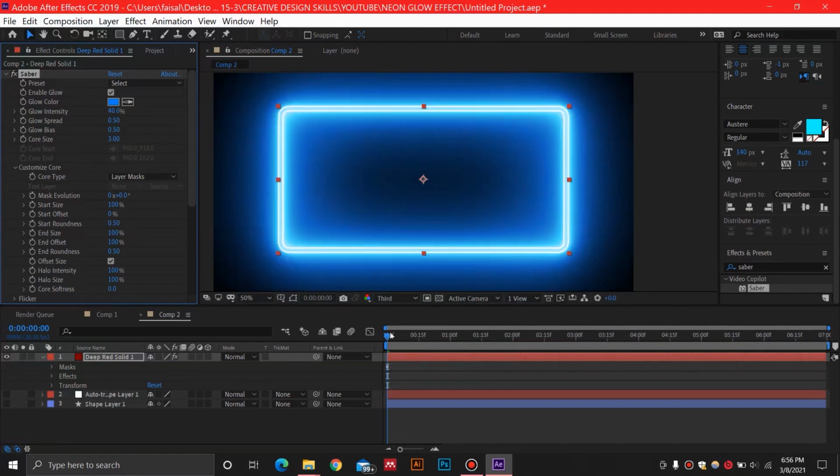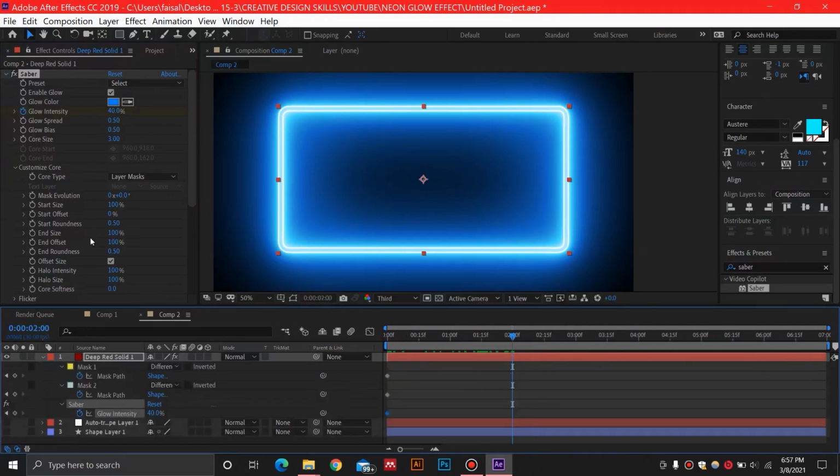We are going to make this flicker fast. First of all, I'm just going to select 40 over here and select this keyframe. Now I'm going to go ahead a few seconds, maybe like 2 seconds. Then I'm going to select this button over here. Press U on my keyboard to open the keyframes, and for this glow intensity I'm just going to select this button over here to add another keyframe. This is going to remain constant, and then for maybe half a second or less than that, I'm just going to change this glow intensity to 20.